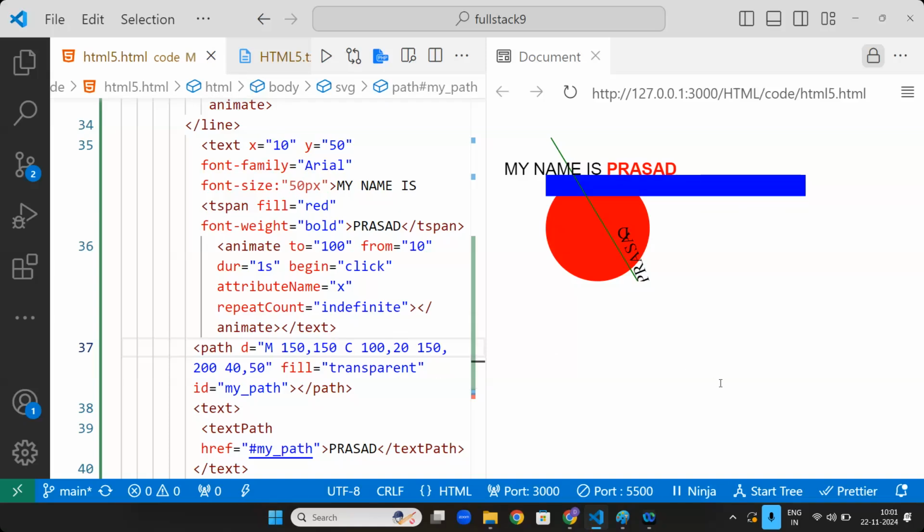Online someone is asking me why to use data attributes. Understand this: data attributes are used to store values. Imagine here I have some kind of calculator. You know how calculators work, right? You will have 1, 2, 3, 4, some kind of values. Now if I have something like 1 here,